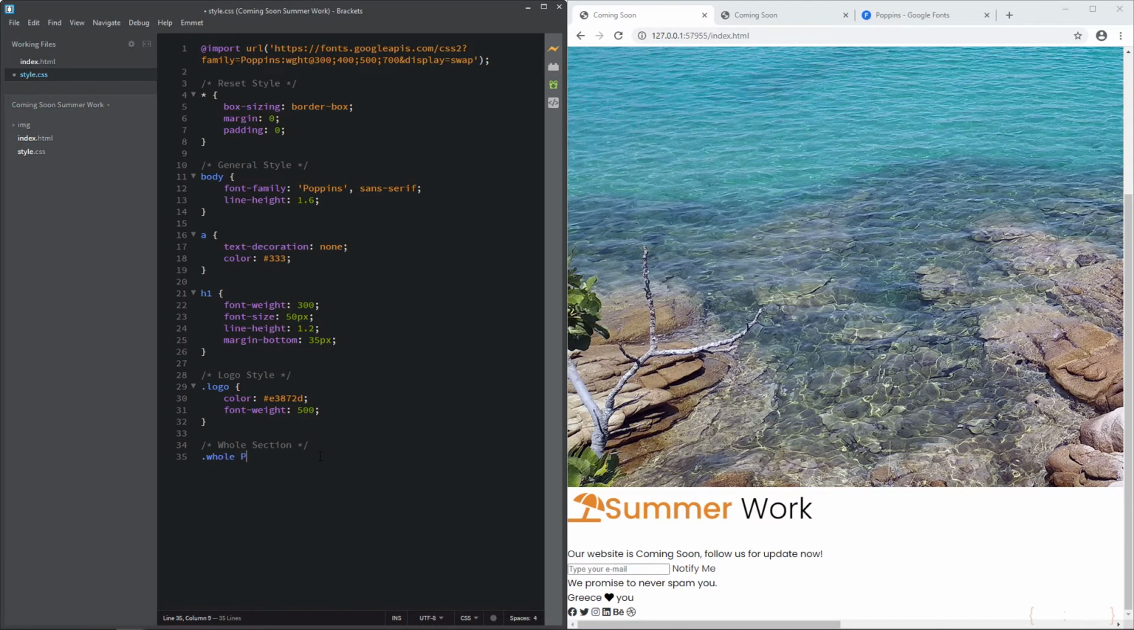Type whole class, type position relative, because I want to put our content in the front of our background picture, and to do that I need position relative for whole section. Now let's add the height of 100 viewport height from top to the bottom, the whole viewport height. Okay, width will be 100%,